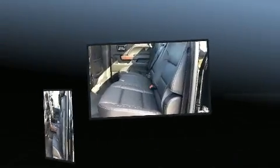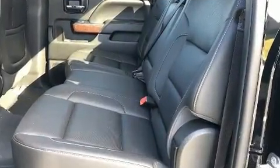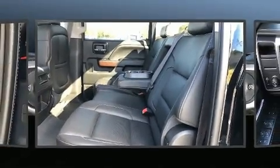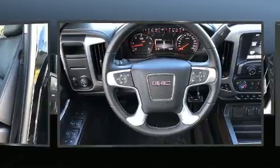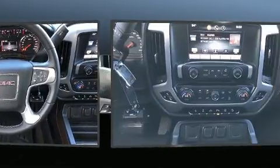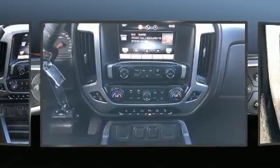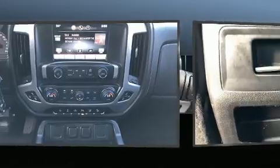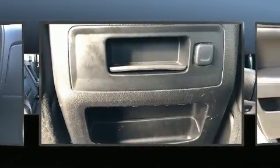Premium sound drives 7 speakers, providing you and your passengers a sensational audio experience. With side curtain airbags supplementing the rest of the safety network, you can be assured that you and your passengers will experience top-tier protection. A Carfax history report provides you peace of mind by detailing information related to past owners